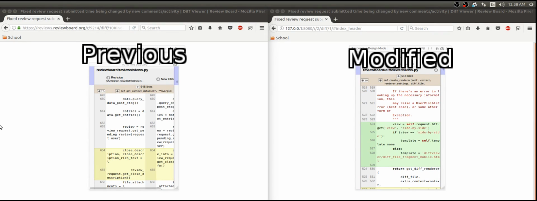I'm a University of Alberta student working on the review board project, and today I'm going to be talking to you about some of the changes I've made to the Diff viewer and trying to make it a little bit friendlier on mobile. So on the left side we have the previous version, and on the right side we have